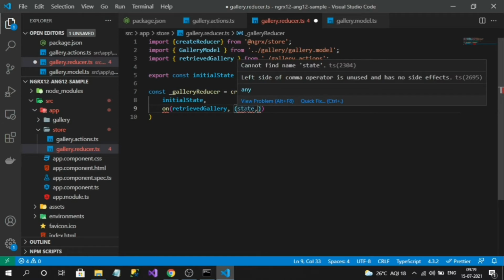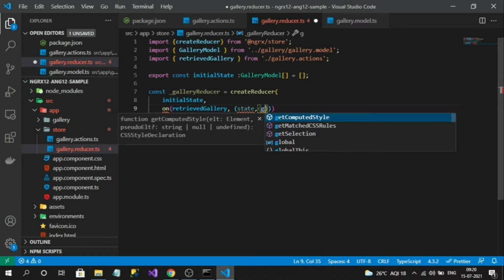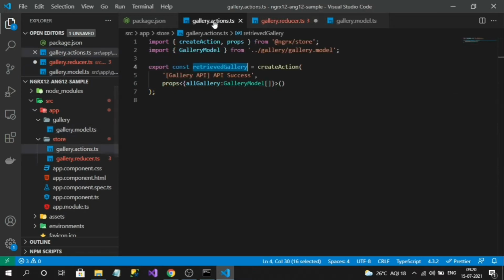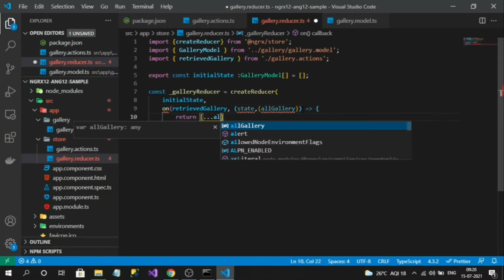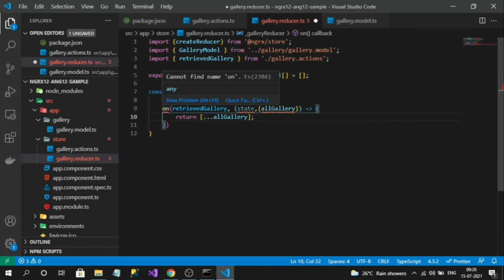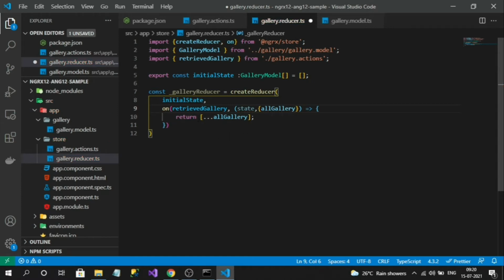That is, default data will be injected into this method by the framework itself, and the next property will be nothing but our action method property name. So let's import the on from the NgRx store. Okay, that's it. So here we are listening for the retrieved gallery, and here is a callback with state,